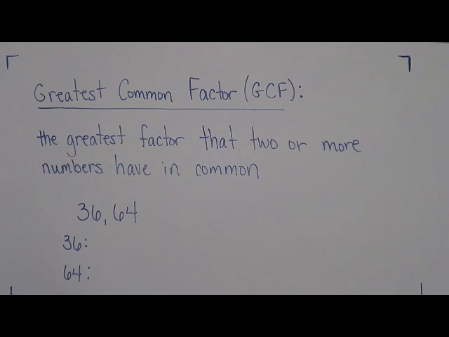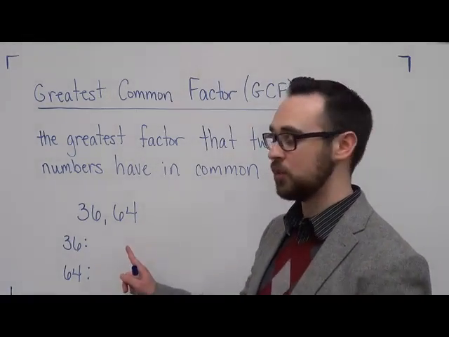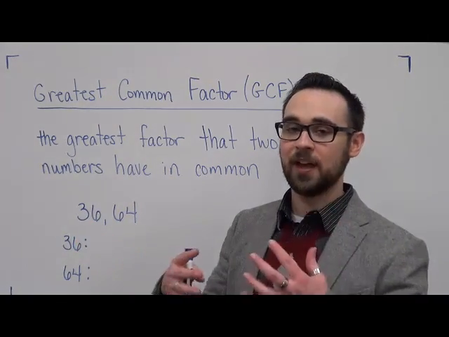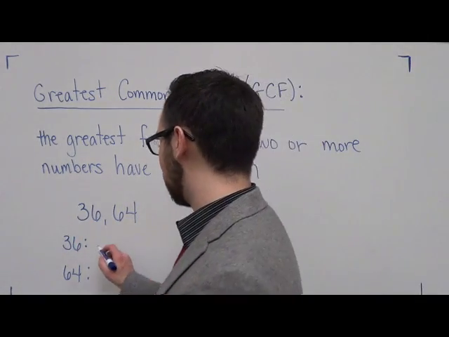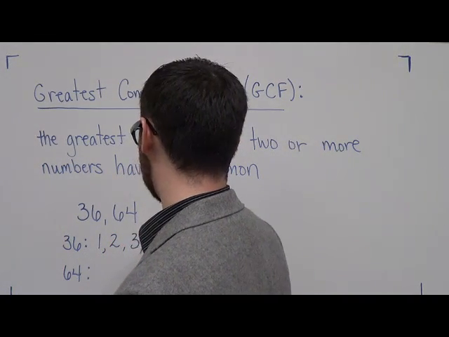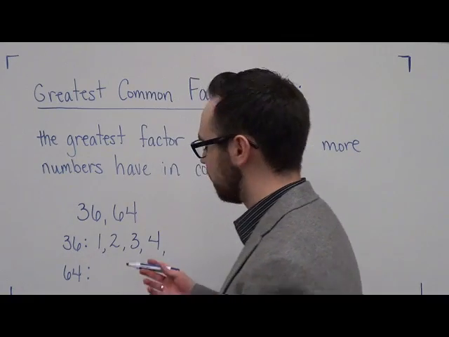The greatest common factor, also known as the GCF, is the greatest factor that two or more numbers have in common. So it seems kind of self-explanatory. Let's look at 36 and 64, because looking at an example helps solidify what this is saying. What we want to do is list all of the factors of 36. Remember, a factor is a number that goes into 36. So 1 goes into 36, 2 goes into 36, 3 goes into 36, 4, not 5,